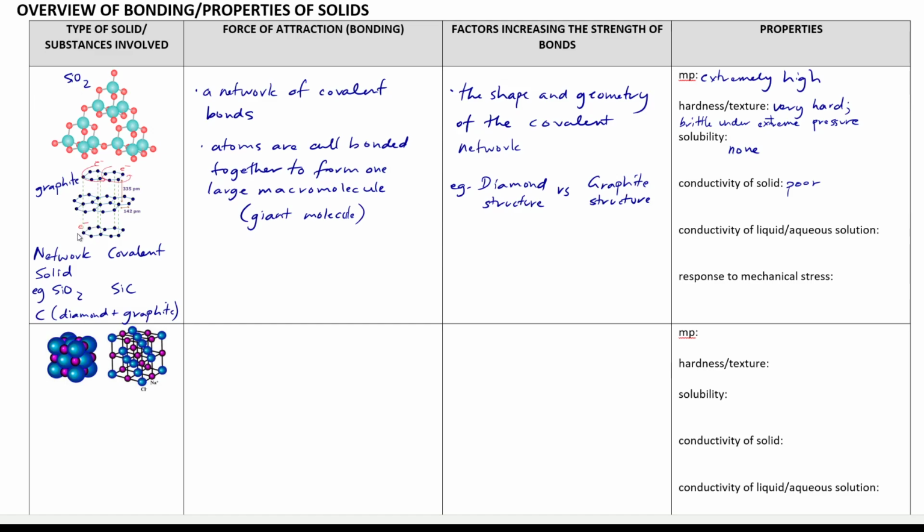So the electrons are delocalized, right? And if they are delocalized and they're moving and they're traveling, we have now moving charged particles. So graphite is the exception,